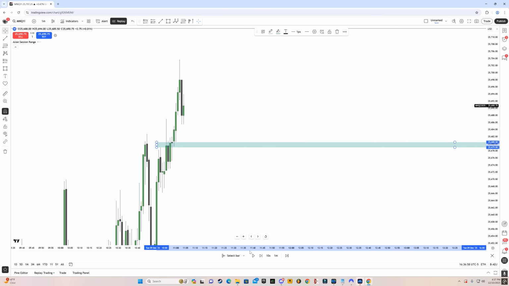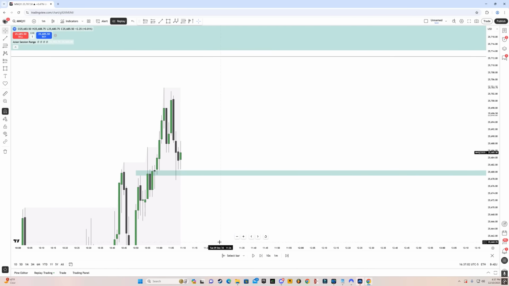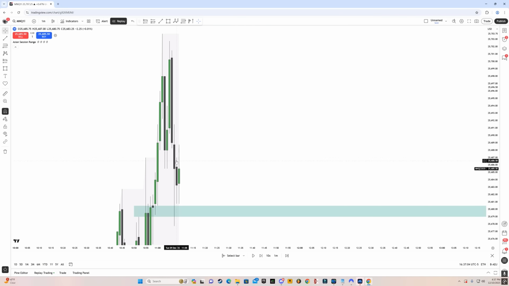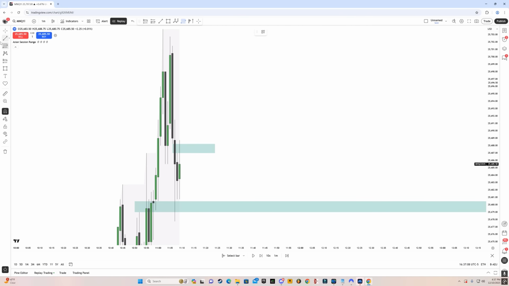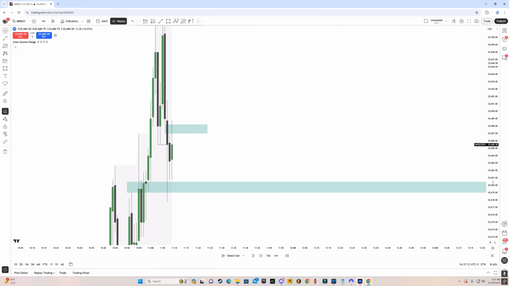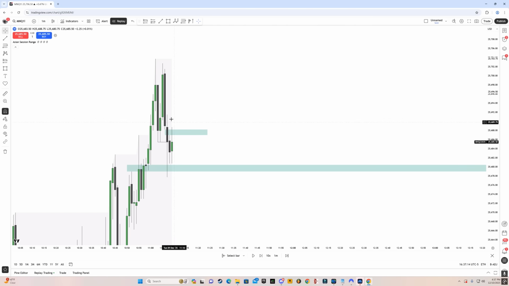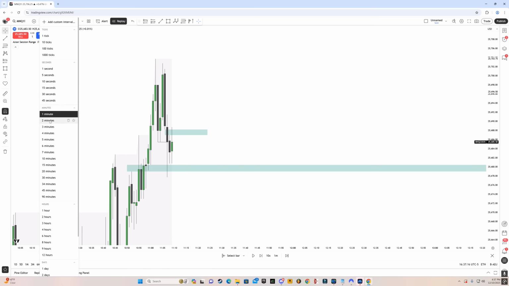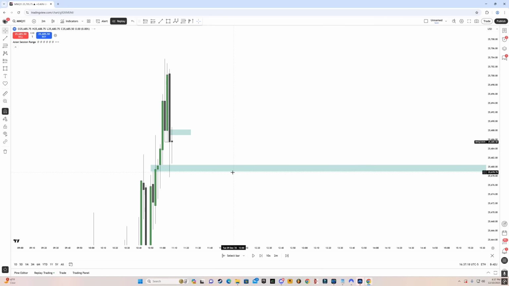So let's drop down to 1 minute, and price taps into that gap, and you can see right away that we have this 1-minute fair value gap. Price also swept this low over here. We're coming off from a 5-minute gap. Now we have a fair value gap on the 1 minute, so let's check the 2-minute time frame. And we don't have a 2-minute fair value gap, so we're going to stick to the 1 minute.